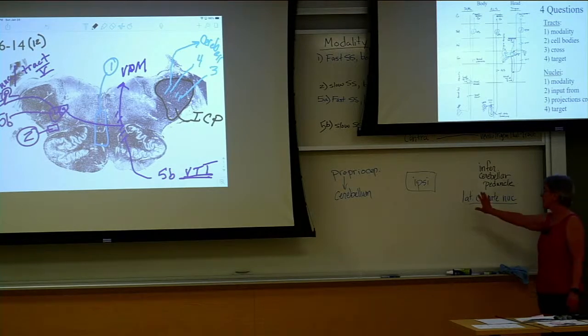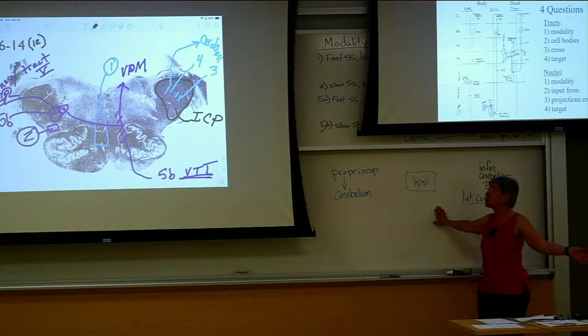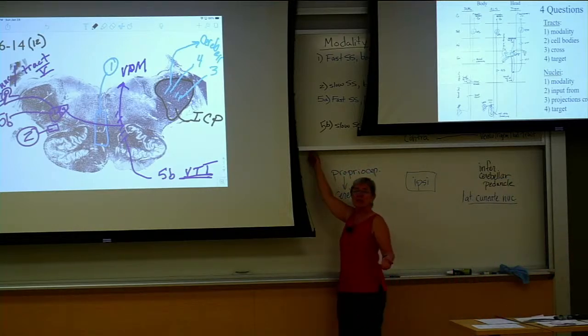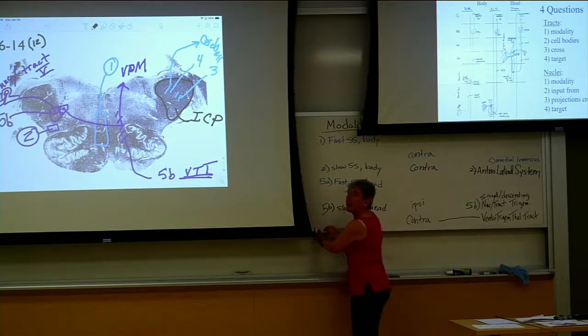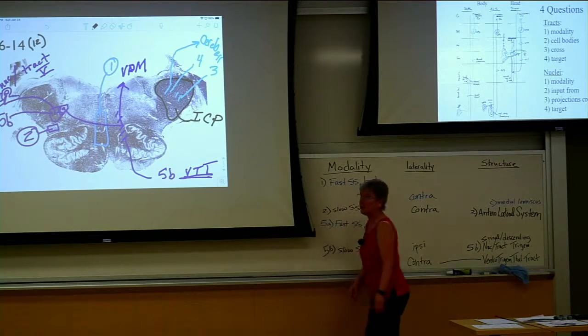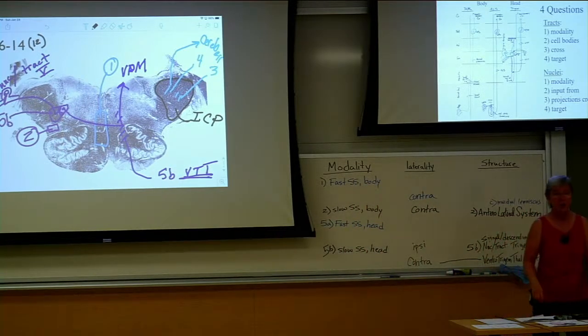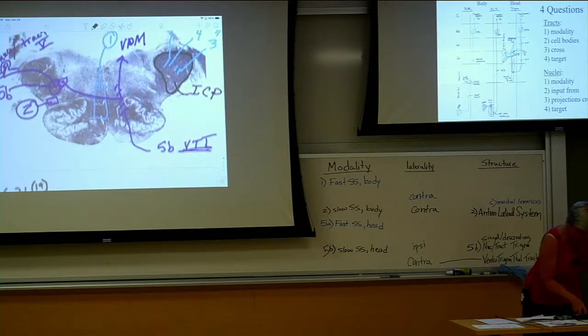Okay, and remember, this has nothing to do with conscious awareness of proprioception. This is just getting that proprioceptive information to the cerebellum so that we can have coordinated movements. And you'll learn all about that later in the class. But that's the pathway that it takes. All right, so we're now going to move superiorly